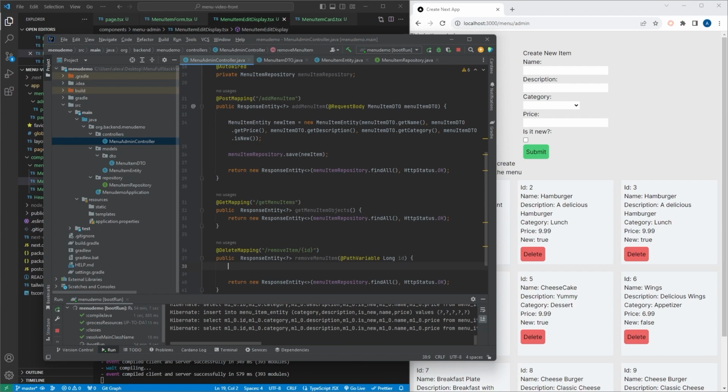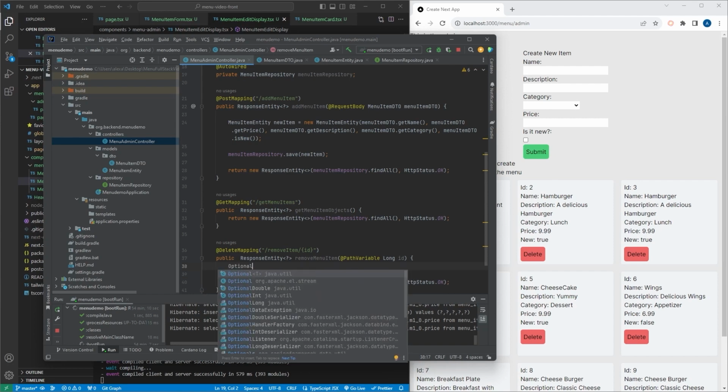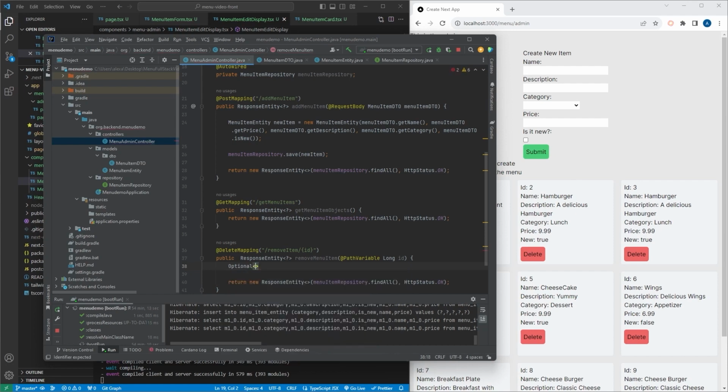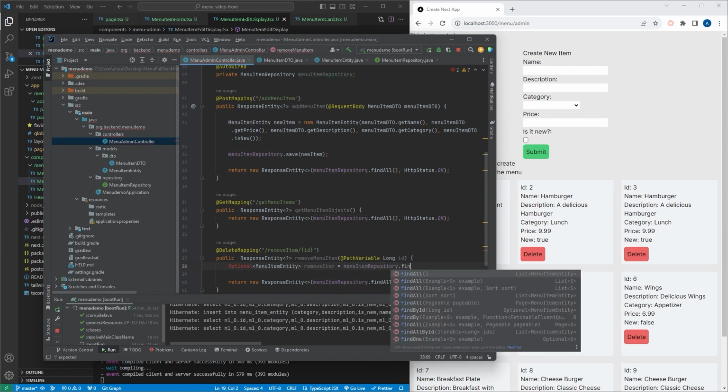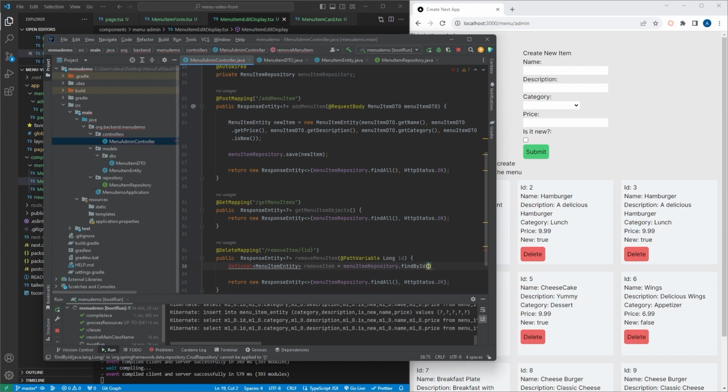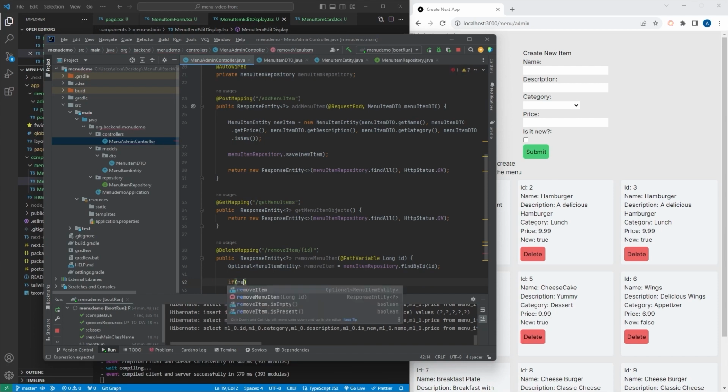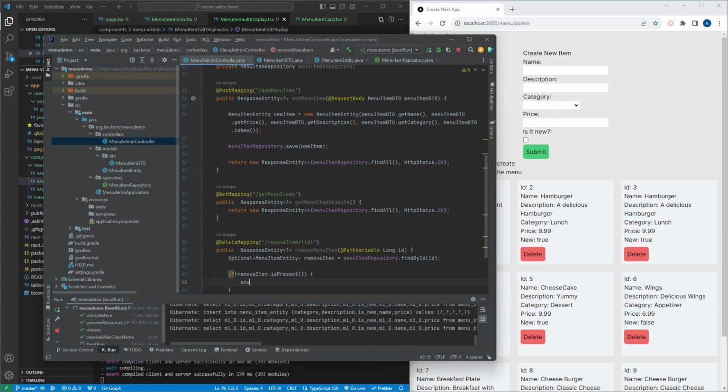So the way I'm going to write this is we're going to say optional, because we don't know if the item exists or not. So menu item entity, and then we're just going to say remove item. This is going to equal menu item repository dot find by ID, and it's going to be based on the ID that's being passed in. Let's go ahead and import in this optional. And if this is true, we'll say if remove item dot is present, then we'll say sout